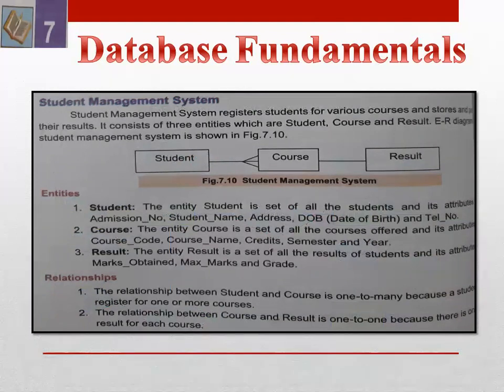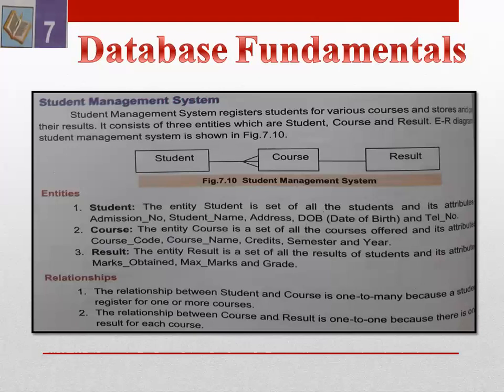This is a concise form of ER diagram. Here we just represent the entities with the help of the rectangle box, but here we did not represent the attributes. So you can represent them by using the oval shape. If you know the attributes of student entities, you can draw them with the help of the oval shape by connecting with the help of a line. So here you can view a simple and concise form of ER diagram in which we have three entities: student, course and result. So students have a relationship with the course, and the course has a relationship with the result.